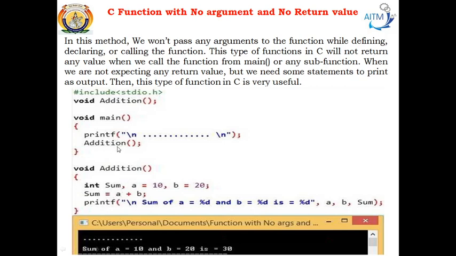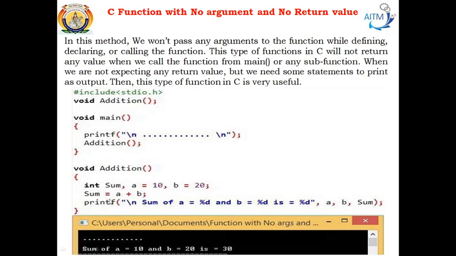So once this calling function calls the called function, we move on to the function definition, where we have three variables in the body of the function. One is sum, the second variable is a, whose value has been assigned as 10, the third variable is b, whose value has been assigned as 20, and all these three variables are of type integer. The next instruction that you have is sum is equal to a plus b. We are performing the addition operation and the result is stored in sum, and then we are printing the result of the sum of two numbers.